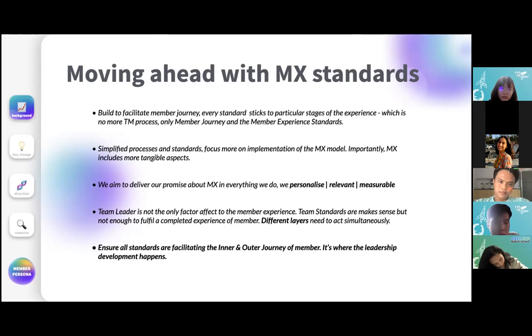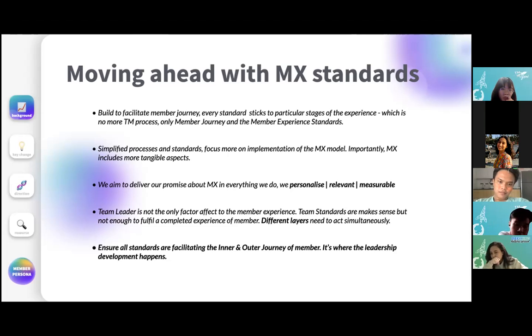But when we look at the MX standards, all of them focus on the entire membership journey, which helps us understand that, okay, if there is a problem, where is it located, how do we track it, and how do we impact after that, so that if there is any problem, we don't just look at the people side, but also look at the organization side and use strategic decision making.